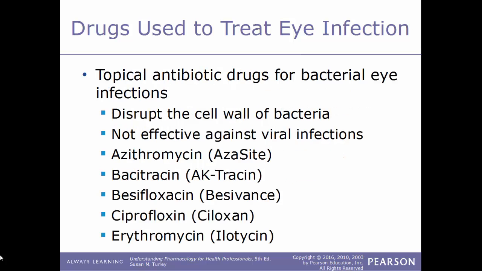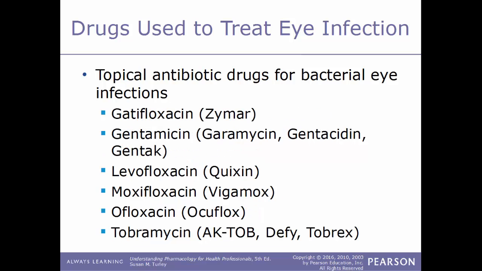And when it comes to topical antibiotic drugs, they work because they disrupt the cell wall of the bacteria. And because these are antibiotic drugs, they are not effective against viral infections. Some common examples of topical antibiotics that you would use: azithromycin, which is sold under the trade name Azasite; bacitracin, which is sold under the name Altracin; besifloxacin, which is sold under the trade name Besivance; ciprofloxacin, which is sold under the name Ciloxan; and erythromycin, which is sold under the trade name Ilotycin;